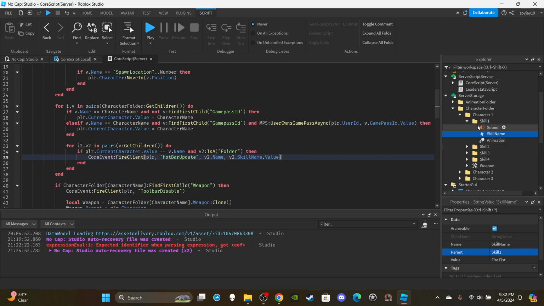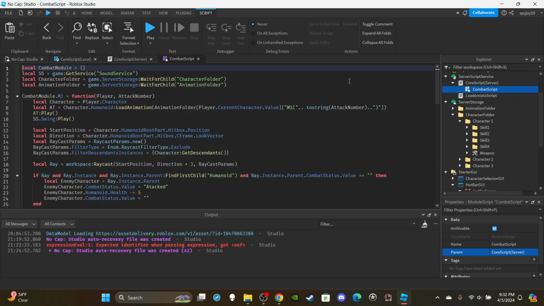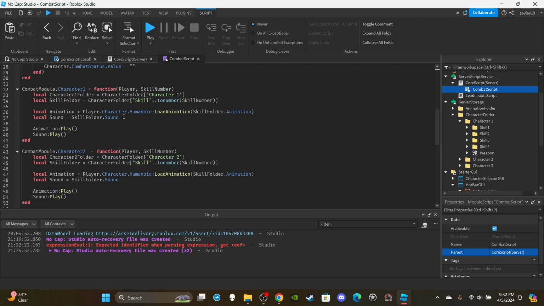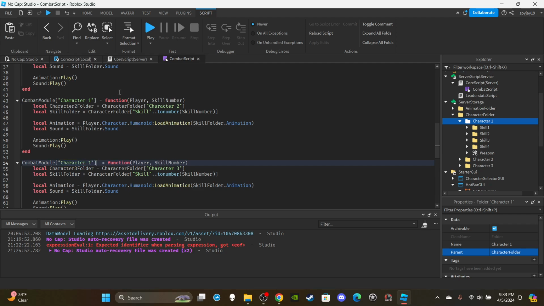Now I just needed to make a few adjustments to the module script. I really don't know how I didn't notice this before, but it doesn't matter. Fixed it now. So you guys see how there's a space between character and one, but obviously there is no space here. We need to update that. So delete that, delete the period, regular brackets, quotation marks, character 1, right? Just like that. And then you're simply gonna do that over and over again for however many characters you have. And then of course just change the number